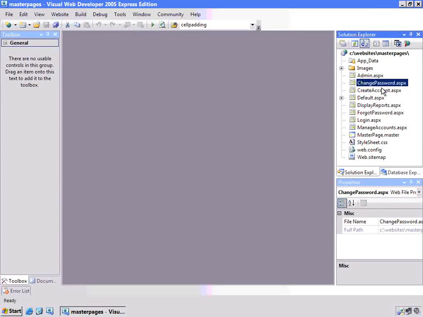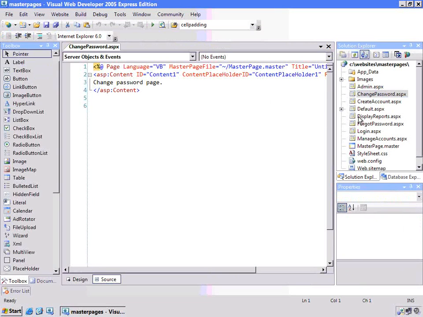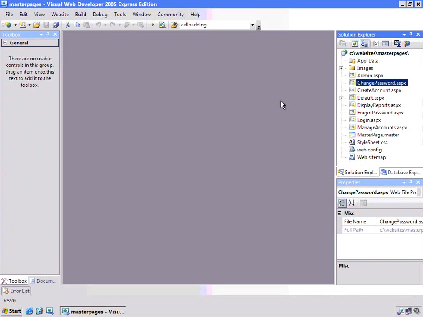So if you want to learn more about how we fill this out with real content where you can change your password and log in, watch the membership and roles video. So as you've seen, Masterpages are a great place to put common content